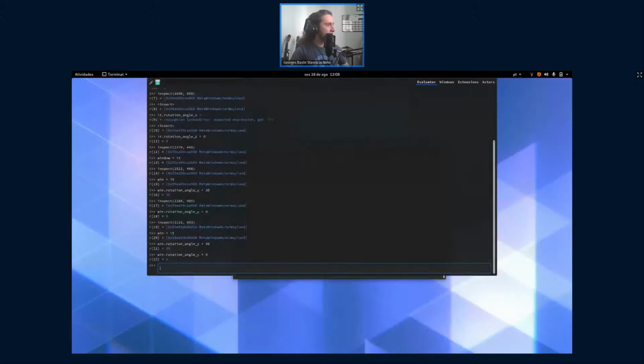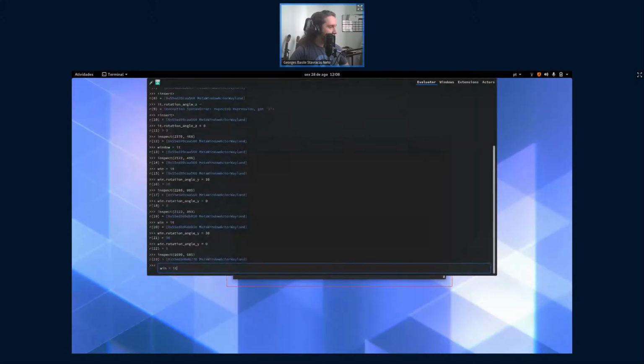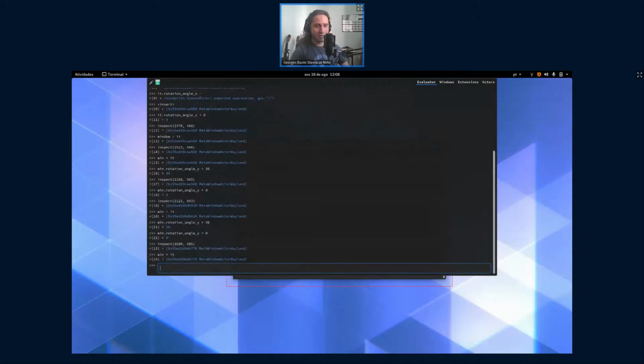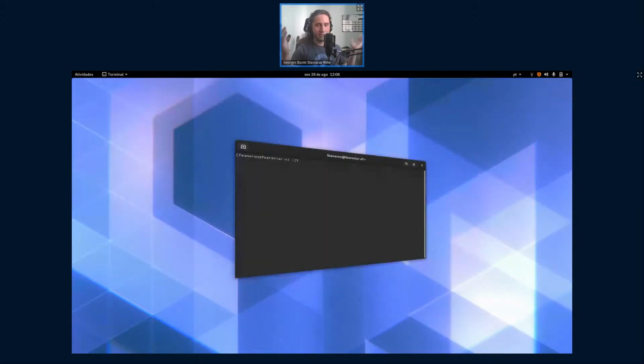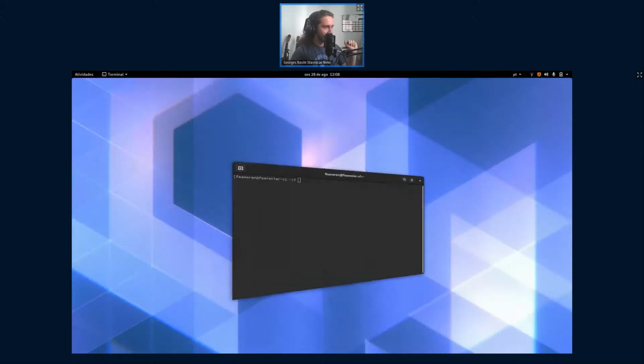What I'm going to do here is pick this window. It's not a 2D toolkit, it's a 3D toolkit doing 2D stuff. So I can, for example, rotate this window by 30 degrees, and it does this weird thing. And fantastically, you can still interact with the window with all the transforms in place.